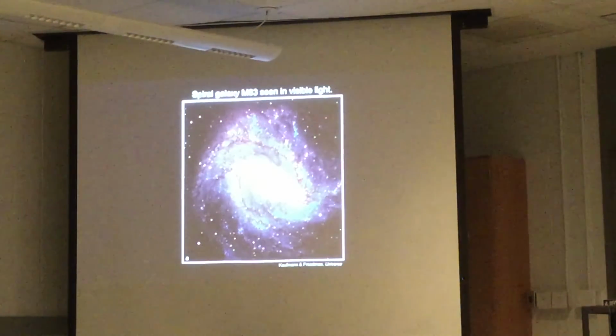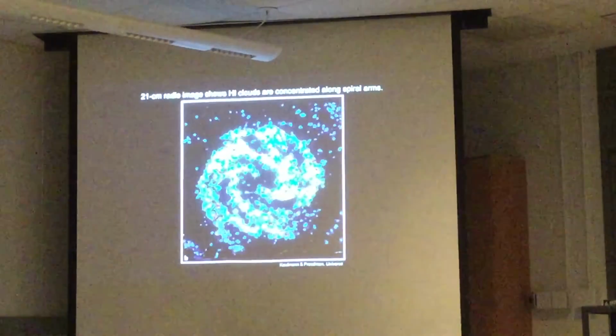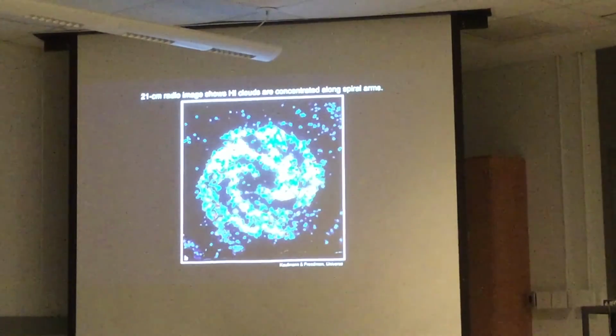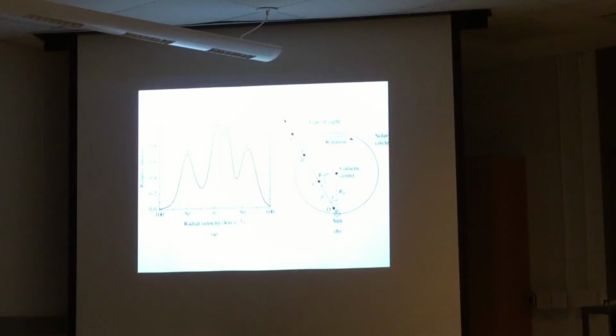So, spiral galaxy M83, seen in visible light. We've seen this one before, when we were talking about star formation. This 21 centimeter wavelength radio image indicates that the H1 clouds are concentrated along spiral arms. So we've met this picture before, and we talked about how it's spin flip radiation. And those are the key 21 centimeter observations that allowed us to map the spiral structure